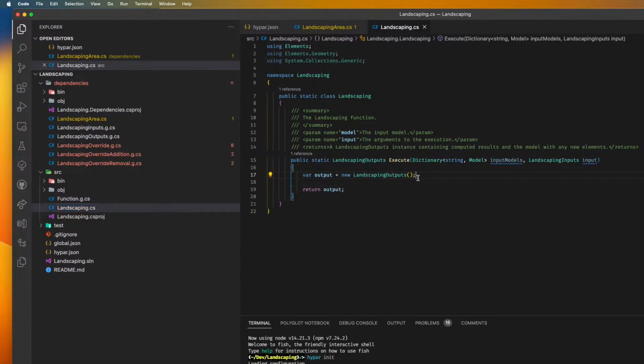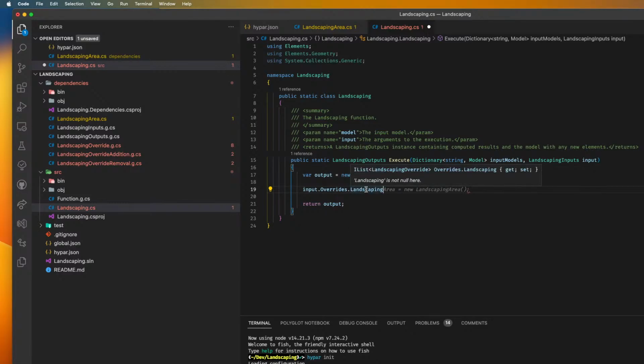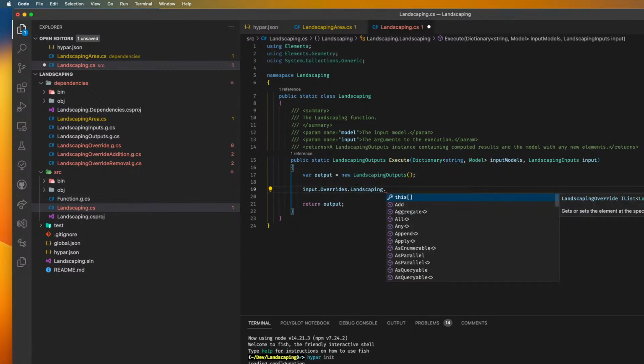And so for that, I'm going to use some of the override helpers that let us create new elements. So we'll do input dot, there's an object on the landscaping inputs object called overrides. This is that code generated object we just saw. And if I do dot landscaping, which is this specific override, there are some helper functions that we added a while back, which make it easier to create overrides, especially complex ones that involve things like add and remove and other things like that. So typically what I'll do is I'll call the create elements method,